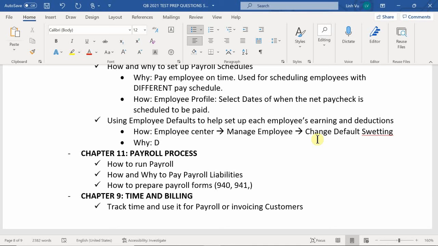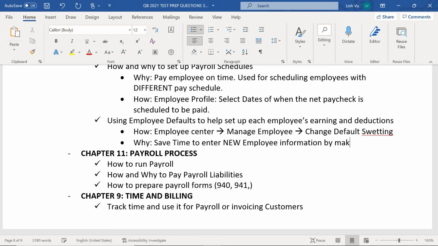Correct, it helps save time. The keyword here is new employees. Anybody that's pre-existing already in your employee center, you can't apply employee defaults. So make sure that you know that, right? To save time to enter new employee information